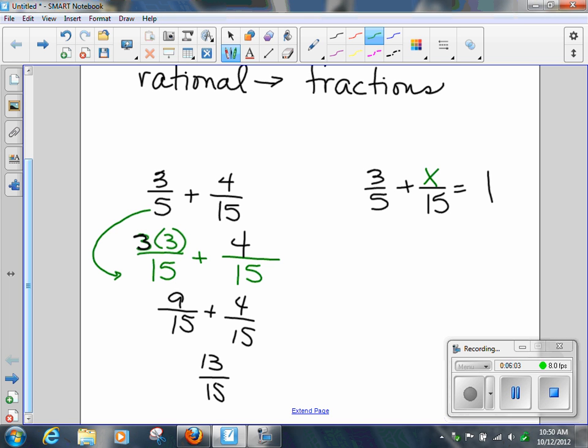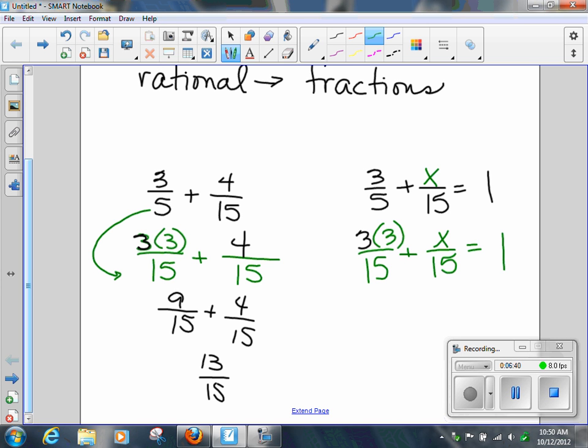Okay. Still want to go with those common denominators, all right? So still, folks, on the left side, our common denominator is going to be what? It's going to be 15. Hands down, you know it. X over 15 is not going to change, right? What do we multiply to 5 to get 15? 3. If I multiply it to the bottom, I have to multiply it to the top. So I'm going to have the 3 that was already there times the 3 that I multiplied to the top, right? Okay? Is equal to